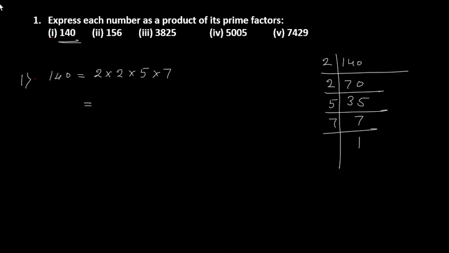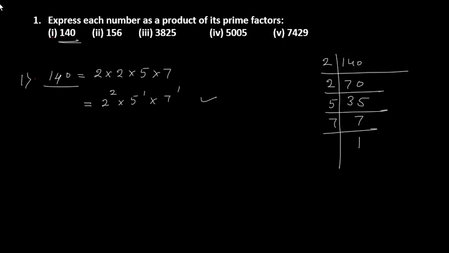So this I will write as 2 power 2 into 5 power 1 into 7 power 1. Better you make a practice in 10th standard that whenever you are writing as a product of prime numbers, express them in the powers of prime numbers. In case any prime number is repeating too many times, you should be able to write it in the power form. So this is our answer.